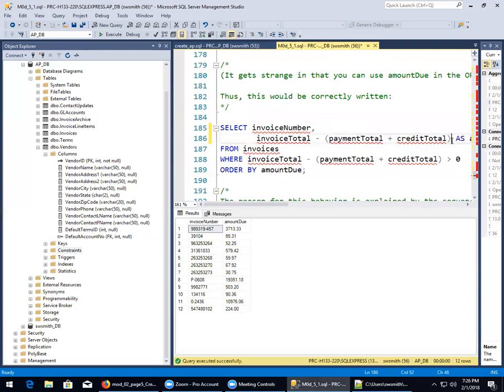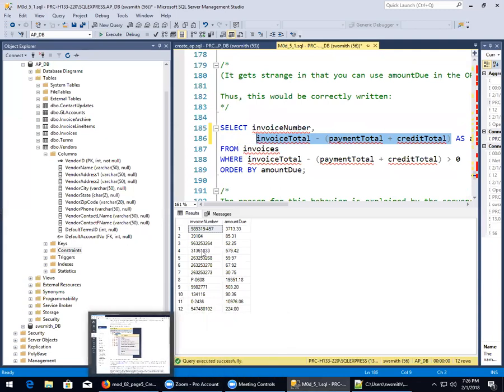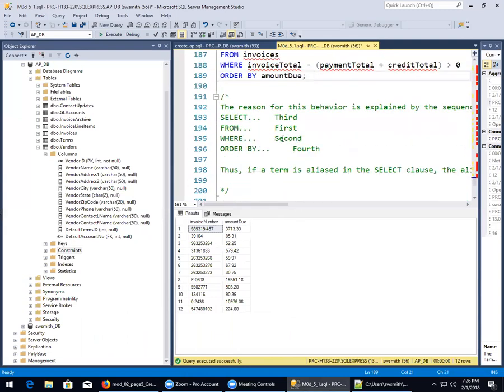So in the where clause, I have to copy and paste this. But I can say order by, and I can use it in the order by line. It would also work if you copied and pasted it, by the way. The reason for this